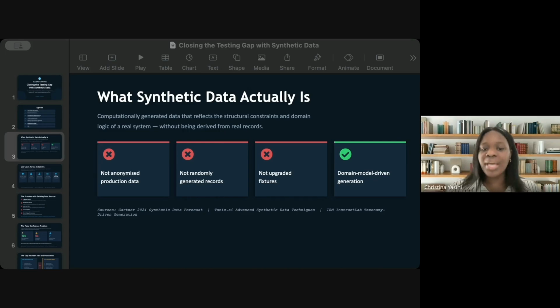And because both the scaffold and the load come from the same domain specification, you're not only testing one thing against the other, you're testing the system against its own intent. And we see this particularly being important when it comes to software because it fails in the gap between the need and how it's actually built. And what model-driven synthetic data does is that it closes that gap on both sides, the side of the need and how it's built, and also on the side of the intent and the functionality of the system